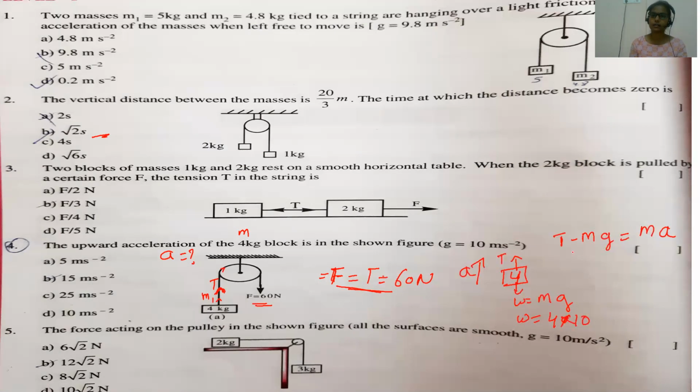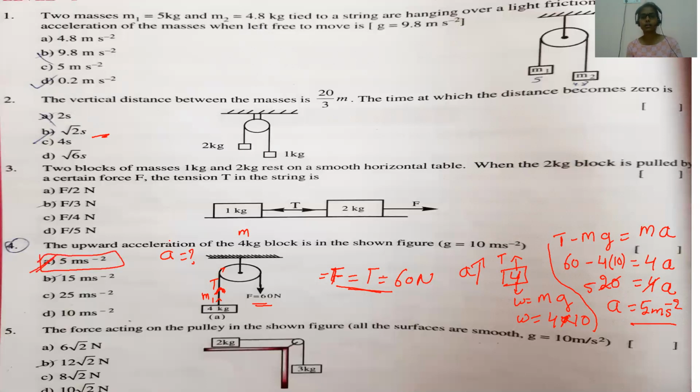Right, children? Now write. This tension is what, children? It is 60 newtons minus mass, which is 4 kgs, into gravity 10, is equal to again mass 4 kgs into acceleration, which we need to calculate. Now this is clear, children? Fine now. 60 minus 40 is 20, equal to 4 times acceleration. Okay, now 4 ones are 4, 4 fives are 20, right? So the acceleration you will get is 5 meter per second square. Understood, children? This is your acceleration. So this question's answer is this.